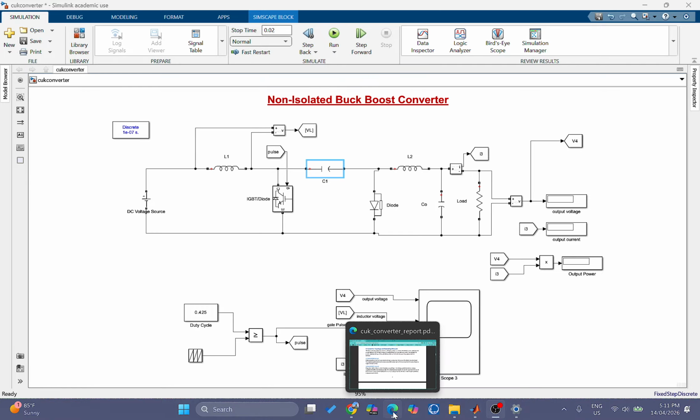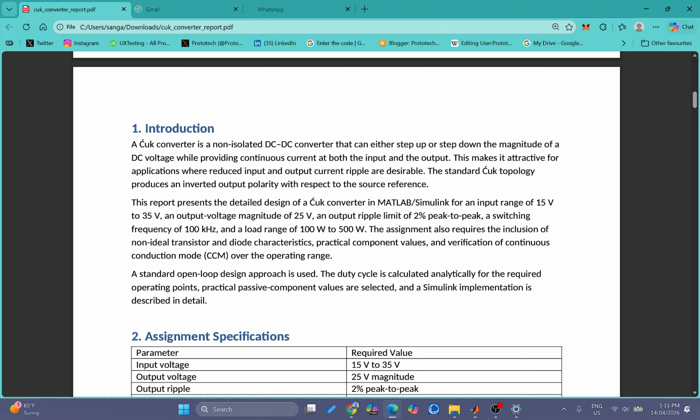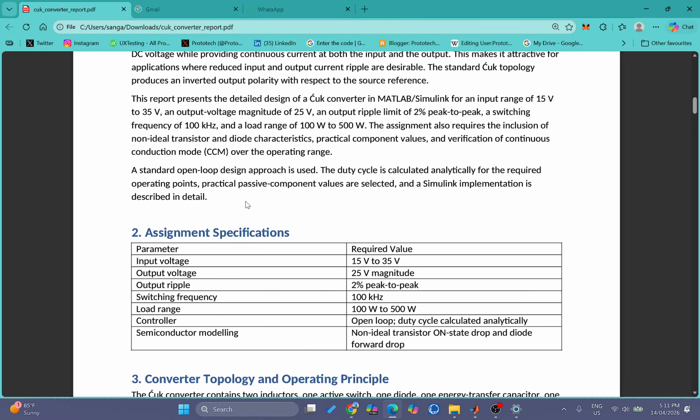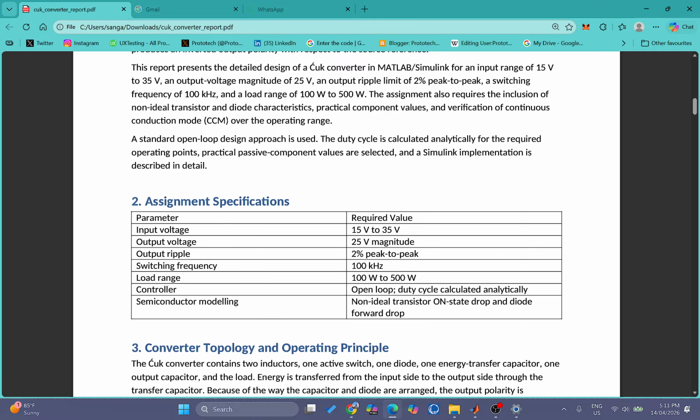So, firstly, I'll take you through what is a Cook converter. A Cook converter is a non-isolated DC to DC converter that can either step up or step down the magnitude of a DC voltage. That is a Cook converter, and in our project here